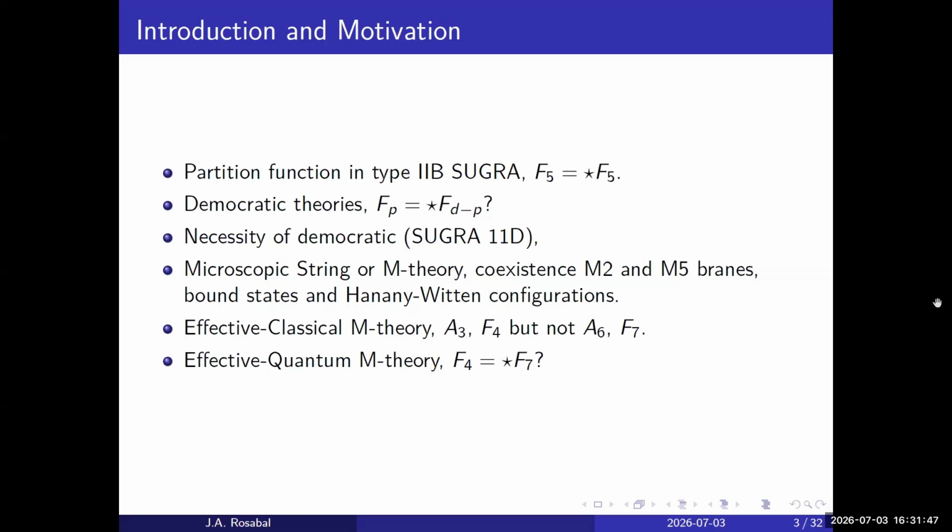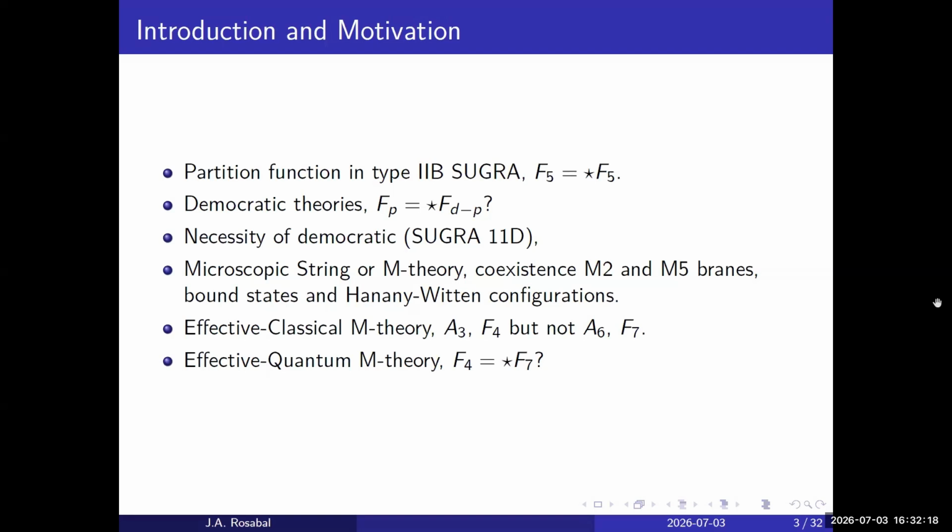When we want to compute the partition function directly in 10D, if we apply this constraint naively to the partition function, we get that the action vanishes. However, when you go to the reduced theory, you can compute the partition function without any problem. And the question is, can we compute directly the partition function in 10D? Apparently we can, but